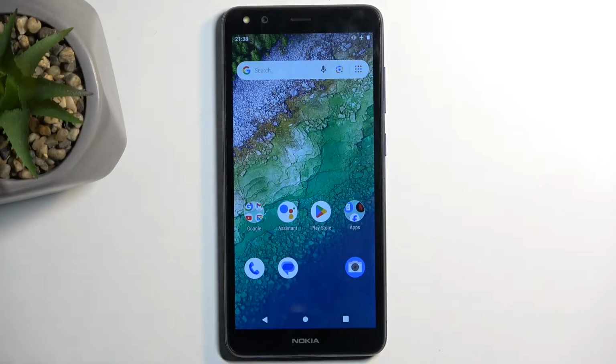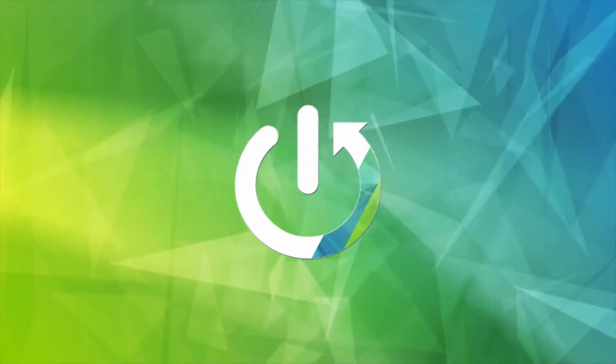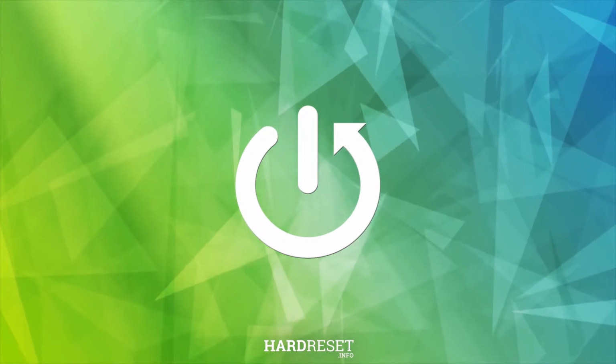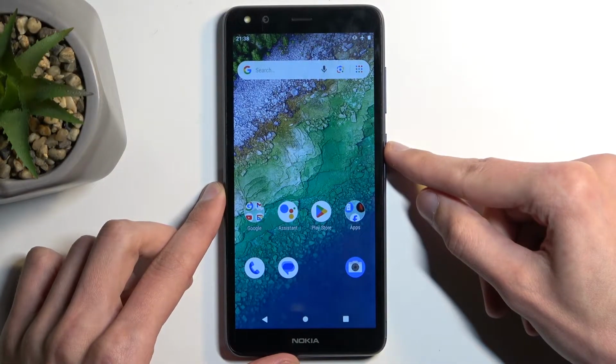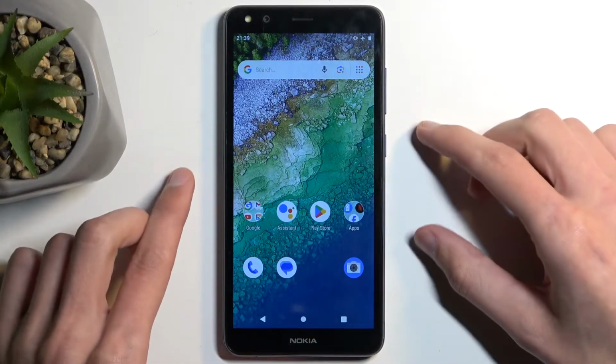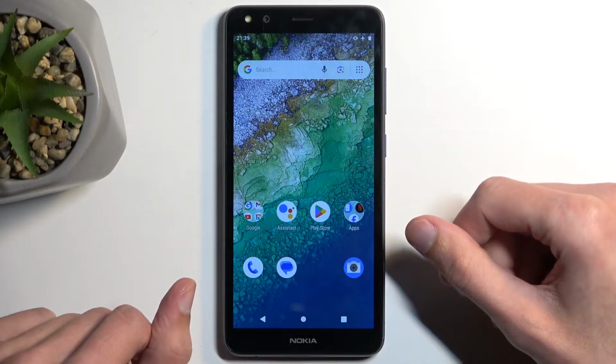Welcome. In front of me is a Nokia C01 Plus, and today I'll show you how you can capture a screenshot on this device. So to get started, you want to open up content that you wish to capture. I'll be using home screen as an example for this, so for me the content is already opened and visible